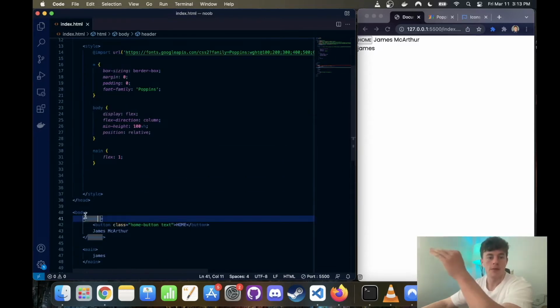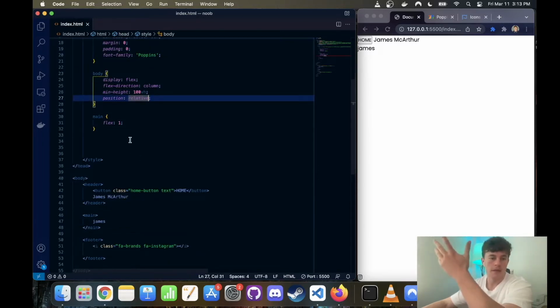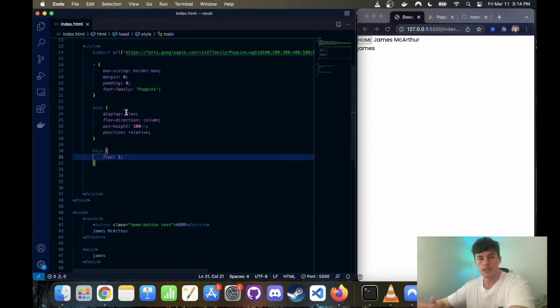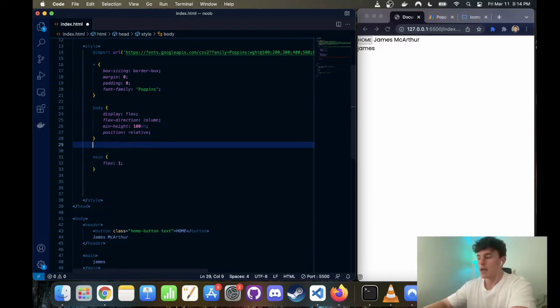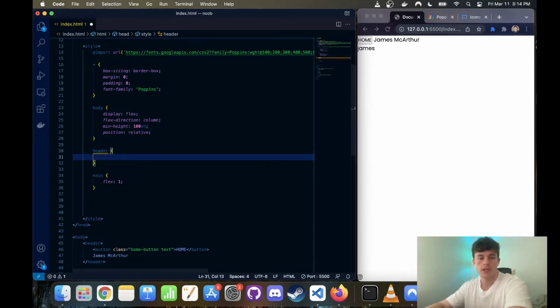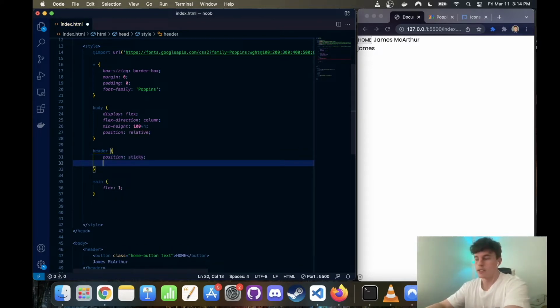And so if we apply a position of relative to our body tag, then for example, a position of relative to our main tag, nothing's gonna change. It's just gonna say, okay, position this relative to its parent container. But there's different types of positioning. So for example, there's fixed, there's absolute, and there's sticky. And in this case, we're gonna do sticky. And we are going to apply that to our header. We're just gonna say position sticky, and we're going to say top of 0, and so that's going to position